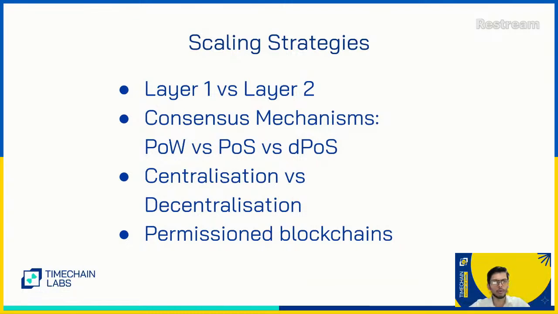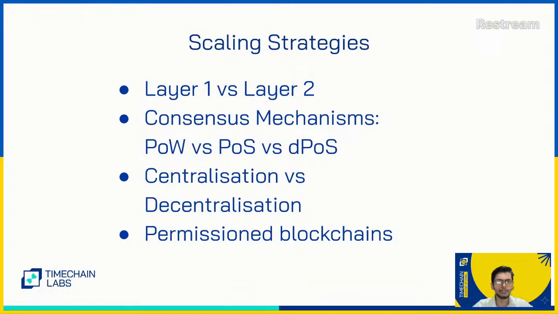Layer 2 has its own problems associated with it, more security problems, in that it does not inherit the same benefits that a blockchain has, because essentially it's not using the blockchain at all at layer 2, and only the layer 1 part of it has the security benefits of the blockchain. The consensus mechanism itself has different constraints.